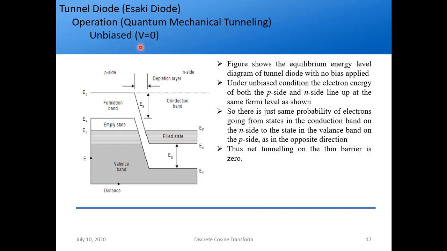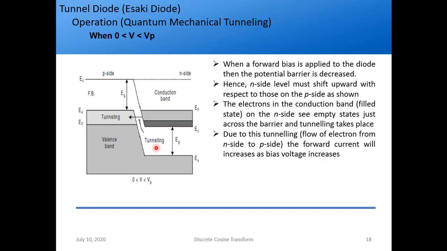So then we have unbiased, V equal to 0. So under unbiased conditions, the electron energy of both p side and n side line up at the same Fermi level. So since the Fermi levels are the same for both, this is in equilibrium condition. So the net tunneling is 0. There is no transfer of electrons. So then when we have V lies between 0 and Vp,